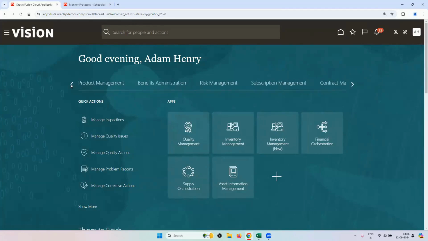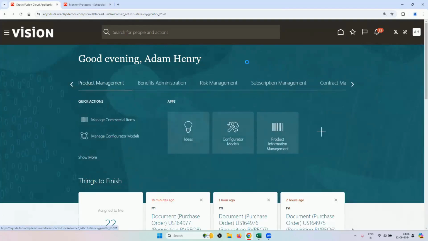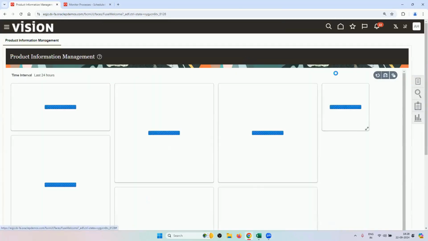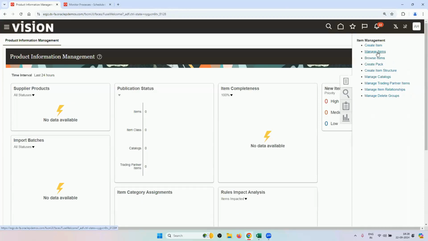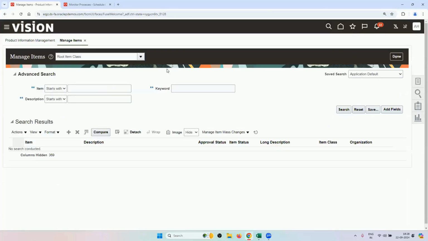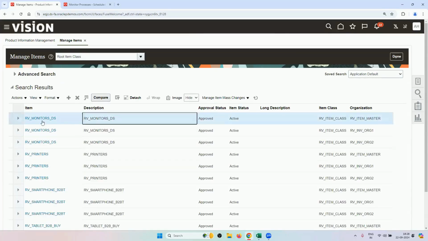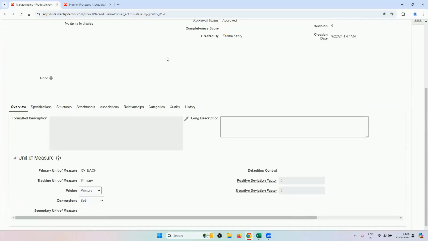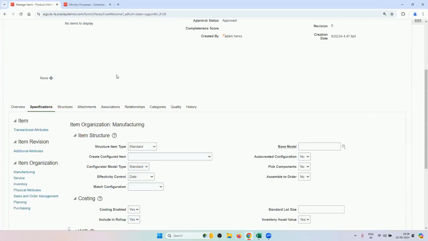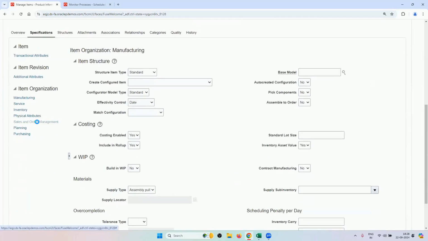Product management again. Go to product information management, and go on the right. Same thing, manage items. We have already created this item. What is the item name? RV monitor DS, dropship. Go there. So the exact same things. The only thing is for sales and order management,